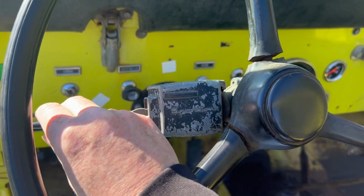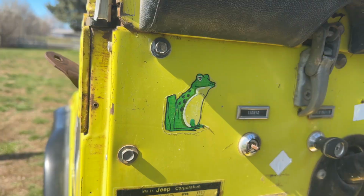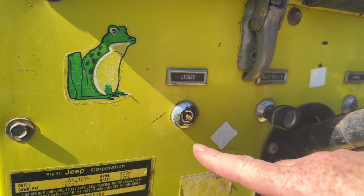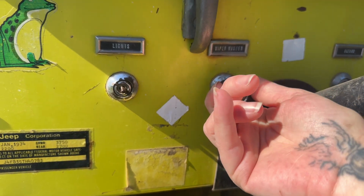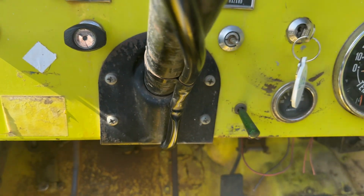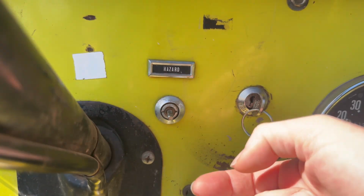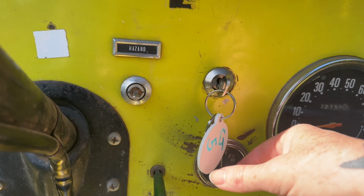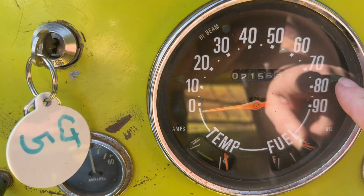Got the blinker. No horn. Take a look at our dash. We've got our lights, our wiper and washer. Switch like that. Come over here. Not sure what this little toggle's for. Got our hazard lights, little key switch, our amperes, our speedometer with the temperature, fuel, and then you could see